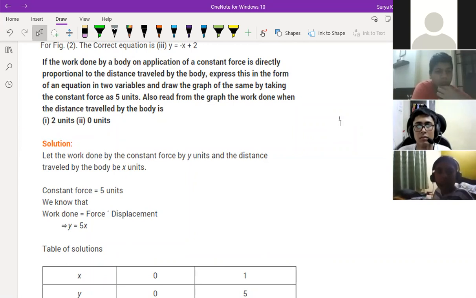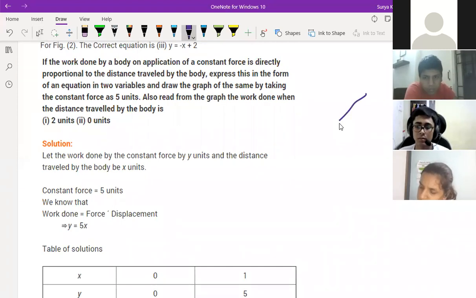So what is work? You know, children, you have read in class 9, what is work done? Work done is nothing but force into displacement. You have one chapter on it in your class. You are having 5 chapters in physics, right? You might be reading the motion chapter, then force and laws of motion, then gravitation, then work, energy, and power, and sound. Yes, sir. 5 chapters you are having this year. So, we try to understand the work formula. Work is nothing but force into displacement.